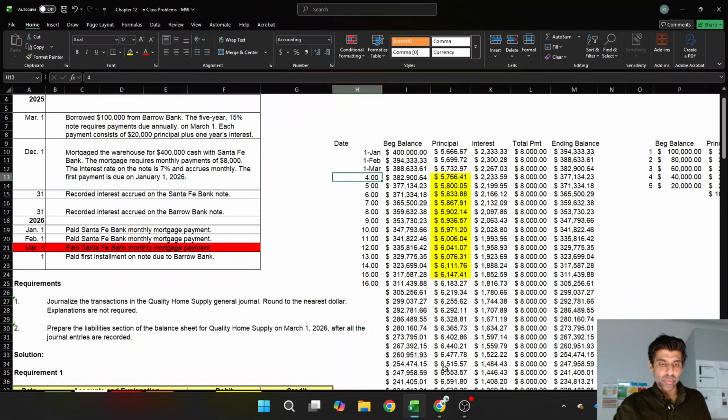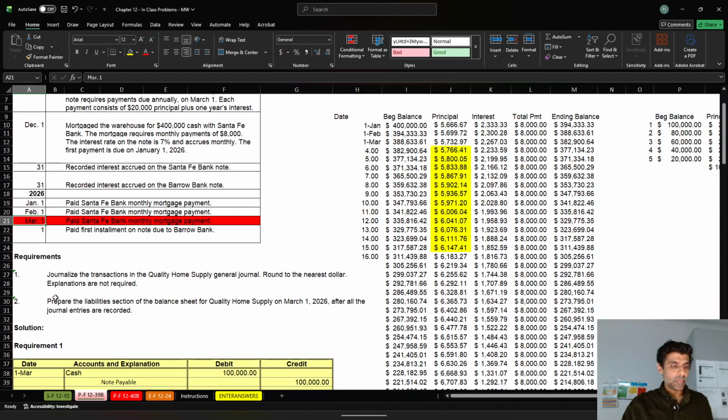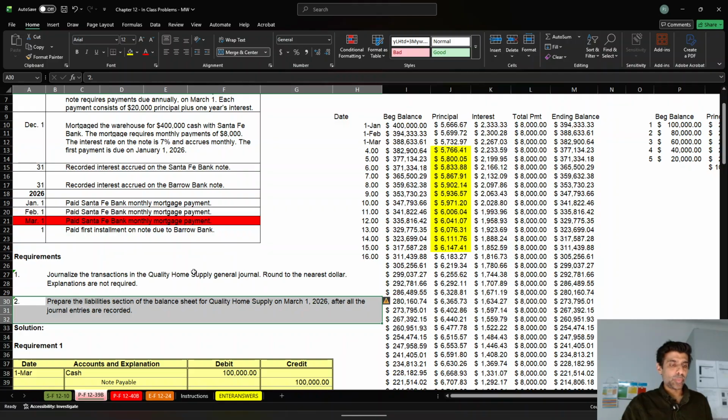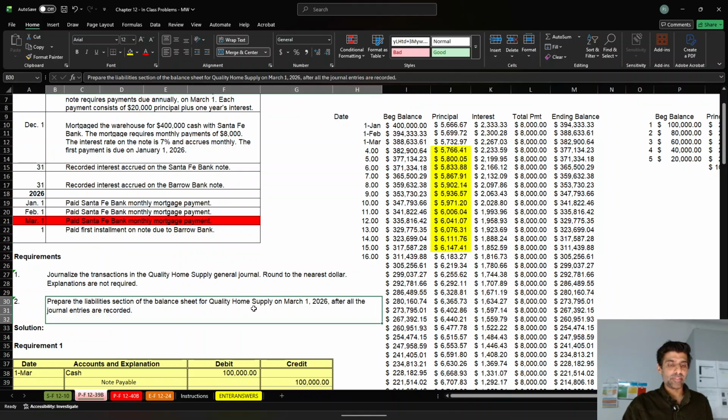I just wanted to go over one thing that we kind of skipped over in the practice problem that we were working on. And I think it's a semi-important topic, so I just want to talk about it. It asks you to prepare the liability section for this company as of March 1st. Why it's asking you to do this is it wants you to differentiate between current and long-term